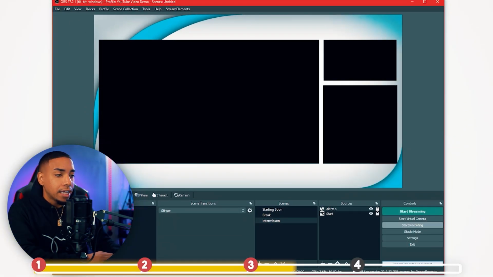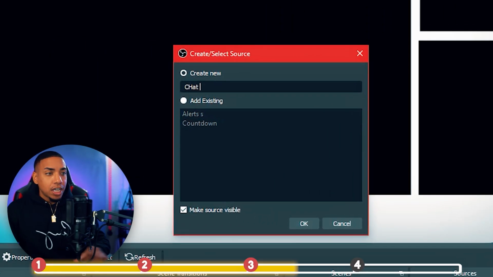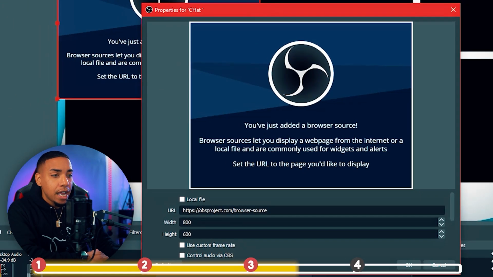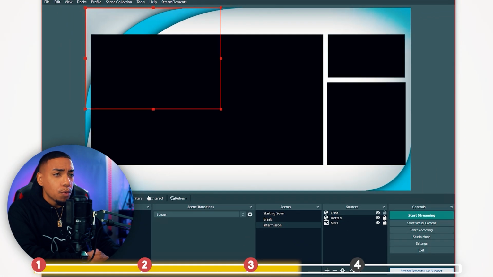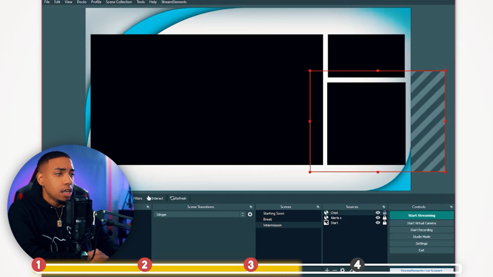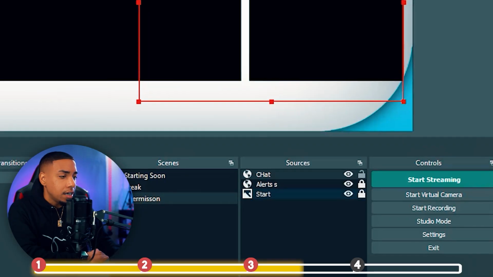right back to OBS. You're gonna go to sources, you're gonna go to browser, you're gonna name this chat, okay, and this is gonna be your Twitch chat. You're then gonna paste the link in here, and that's gonna pop up the chat. Now once it's populated, we'll place it here on the left hand side. Okay, we'll unlock everything that we just set up here,